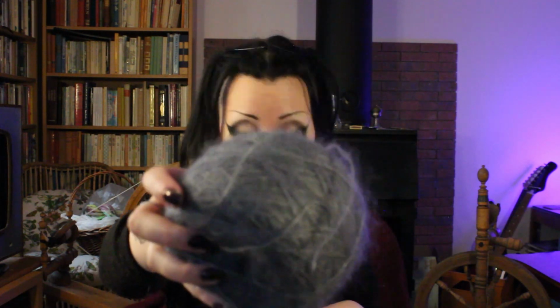And my next WIP is also very exciting, and since this is scheduled to release in the future from when I'm filming, there will be 2 new clues for this, so I should be fine showing the first. But it lives in this bag from my friend Anna, and this, my friends, is the Shawlography. So in here I will show you my yarn choices. I have mohair silk fluff,